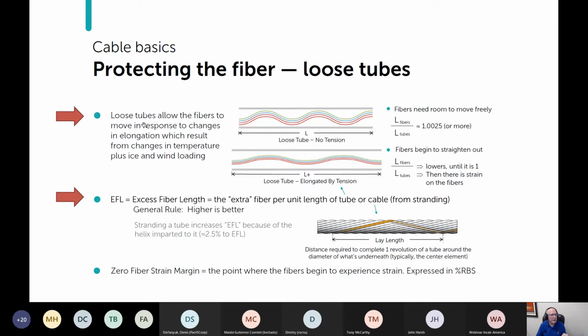In the loose tube design concept, the fibers are placed inside a tube with a sinusoidal shape to them. And that means that you have slightly more fiber length per unit length of the tube than you do of the tube. Typically, it's going to be around 0.25%. It could be a little bit more. It could be a little bit less. And the reason to do that is that when the tube begins to elongate, which could be as a result of temperature changes or tension that can result from ice and wind loadings,